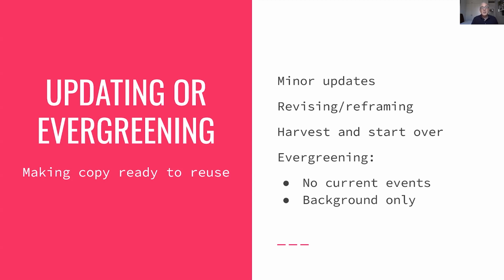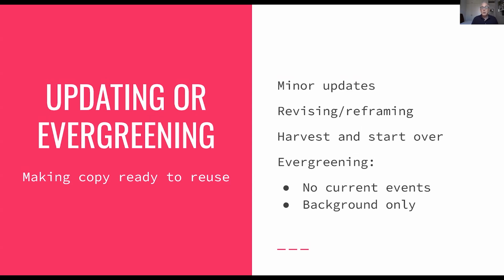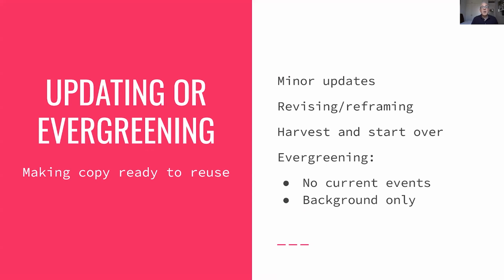Sometimes it can mean extensive revisions. When the situation has changed a lot, you might need to rewrite not just the headline, but the introduction and big chunks of the text. Beyond a certain point, it might be easier just to start over and use the older piece as a source of material. We call that harvesting for spare parts. Our quick take on Bitcoin, for instance, has been redone from top to bottom several times as the subject went from something exotic to something almost everyone knows at least a little bit about.